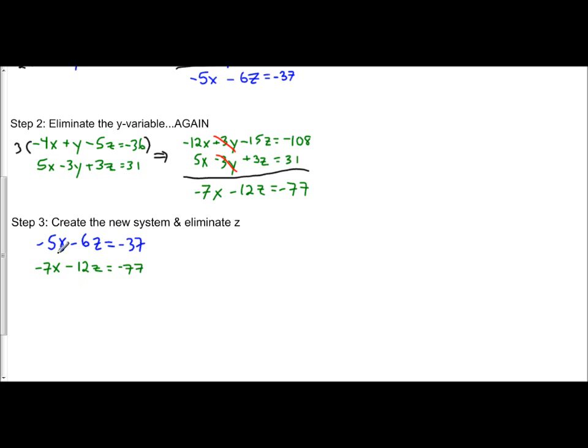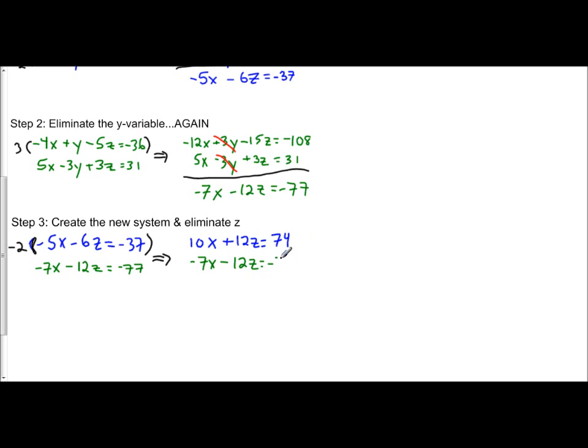Since this is a negative 12, I want this to be a positive 12. So I'm going to multiply my top equation by negative 2. And that's going to give me my positive 10x plus 12z equals 74. And my bottom equation stays the same as negative 7x minus 12z